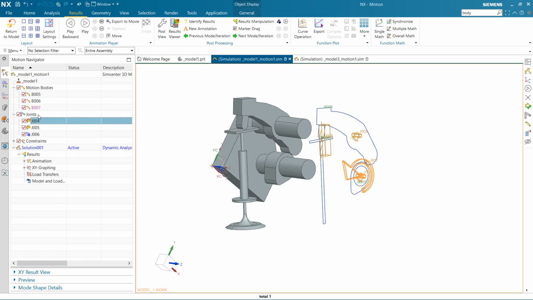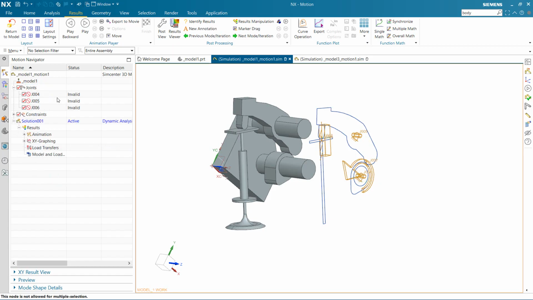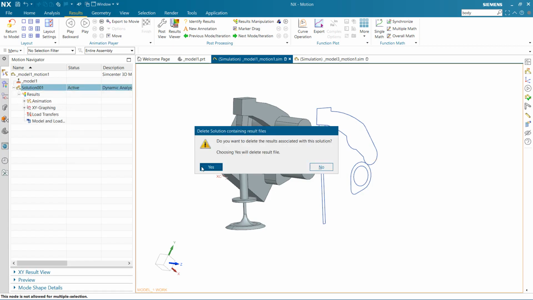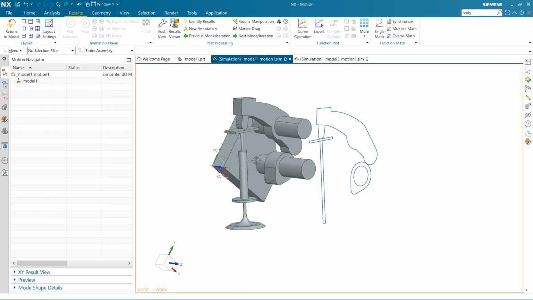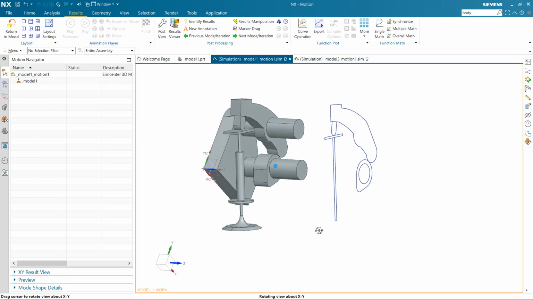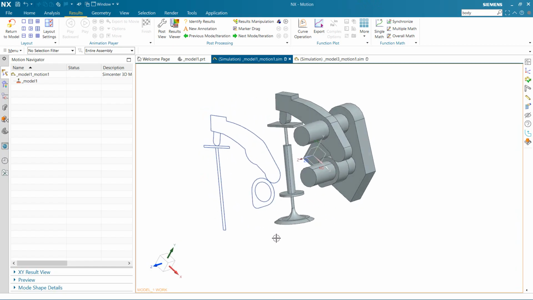So I will delete everything here. Okay, first of all, I will try to do the contact of the 2D version first.